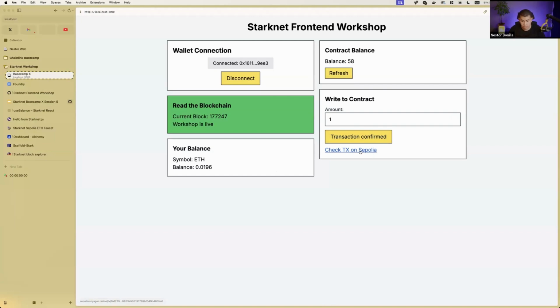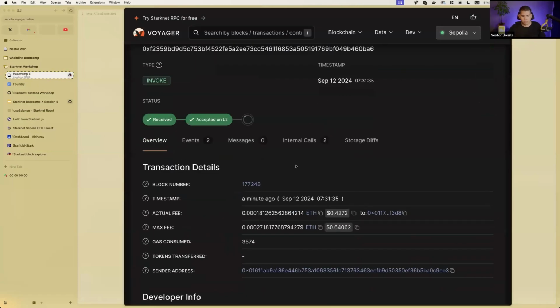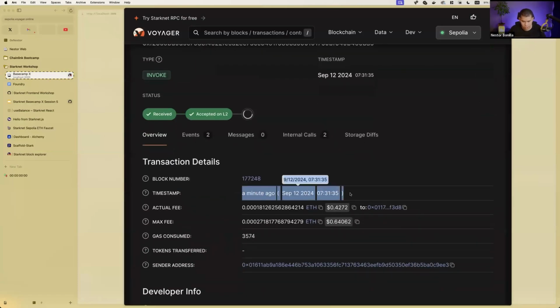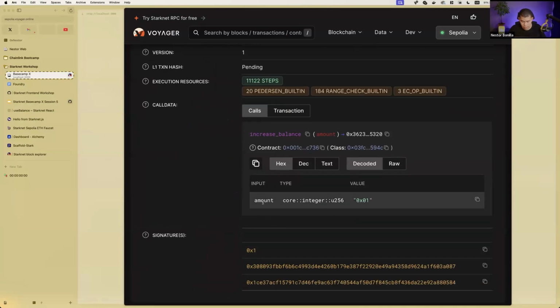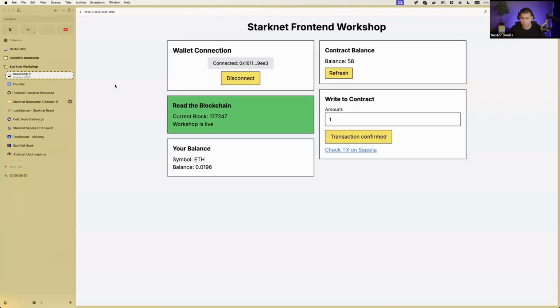If we want to check the transaction, we can click here, and we will see that it was a minute ago. We changed the status, and the amount was 1. Cool. All right, cool. So folks, we're almost there. We have just 2 more things. The next one is going to be